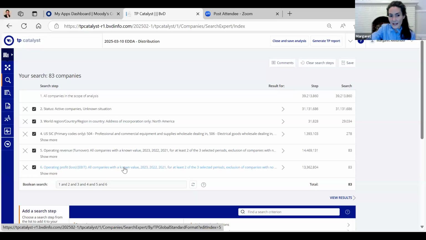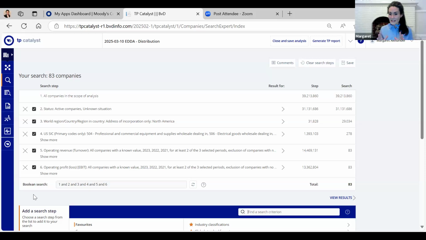These are the search steps that you'll see used the majority of the time. Occasionally, we'll see a different search step. In Europe, they use some pretty weird search steps. I had a call with a customer a few weeks ago, and they were having a problem with the search, and I was looking at it.